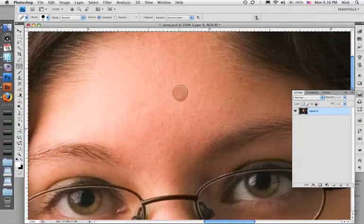And we might, let's see, here's a little tiny zit. She would be fairly mortified, I'm sure, to know that I'm fixing her zits, but right there, pretty much gone. The other old-fashioned way, and sometimes when the clone stamp or when the healing brush tool doesn't work, this will also do a really good job. Let's get rid of that little rascal. I'm going to sample an area that's very close in texture and color to that by option clicking here, and poof, gone. Now I've got my opacity up fairly high, but I have a really soft edged brush to do this,